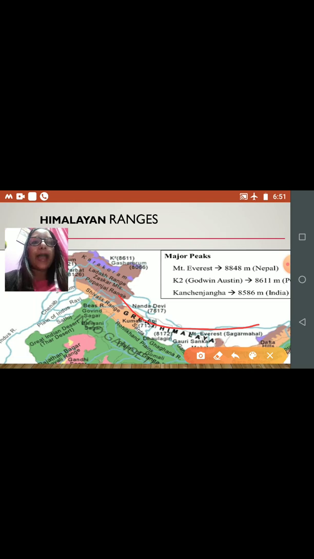If you recapitulate the previous chapter, the Pamir knot acts as the focal point from where the different mountain ranges of Asia radiate. This Himalayan range stretches across North India for almost